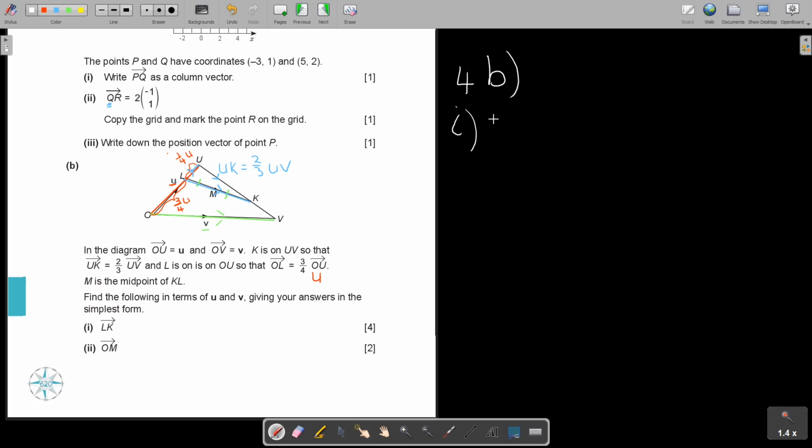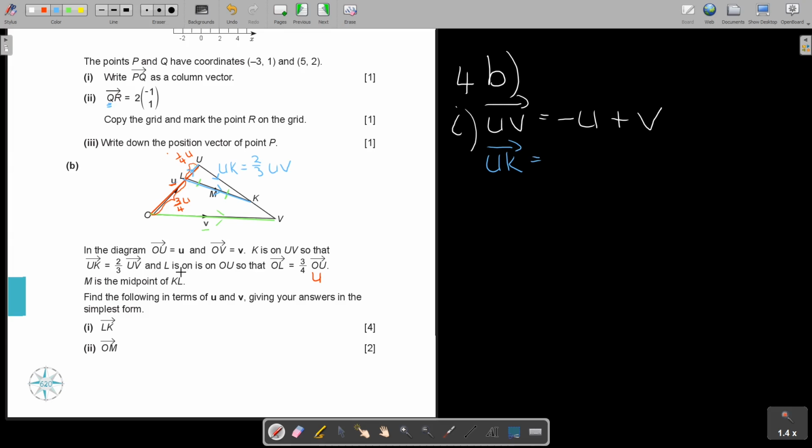I can find UV. And what is UV? And this is my road. Your road will be from here back. So it's not positive U, but it's negative U. And then from O to V, and that's V. Okay, that is UV. But you know that UK, and I write it in blue, UK